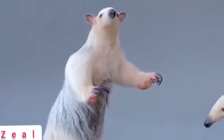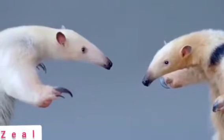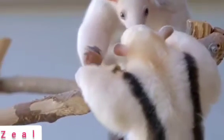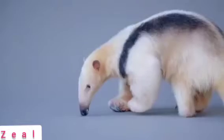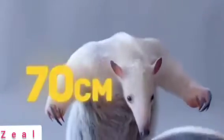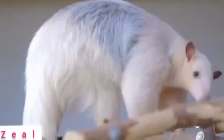Tamandua. This species of anteaters, called the tamandua, live in the tropical rainforests of South and Central America. They're quite picky at choosing a place to live, as they need it to be perfectly warm and wet. If there's a bonus such as a lake or a river nearby, their life is set. These animals are almost twice as small as their relatives, the giant anteaters. They only reach up to 70 centimeters in length, and their tail is even shorter, and they weigh no more